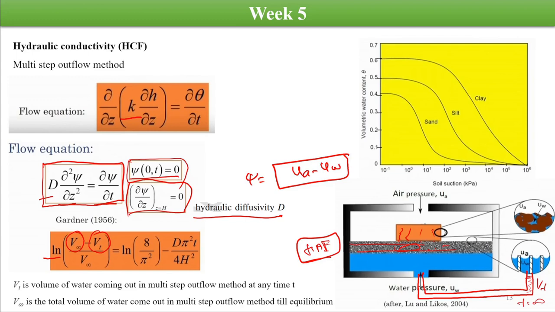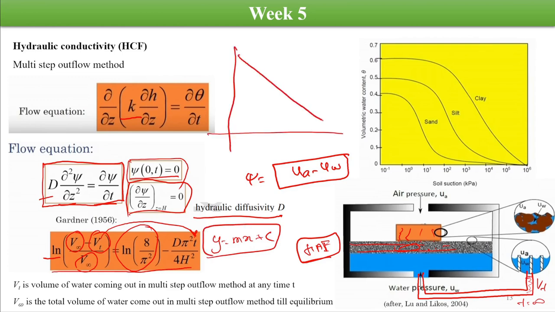So Vt is the variable which depends on the time t. Then it is equal to ln of 8 upon pi square minus capital D pi square t upon 4h square. So if you see this equation, it is a y equals mx plus c type of equation, or linear equation, right? So the intercept is going to be ln 8 upon pi square, and the slope of this line is going to be